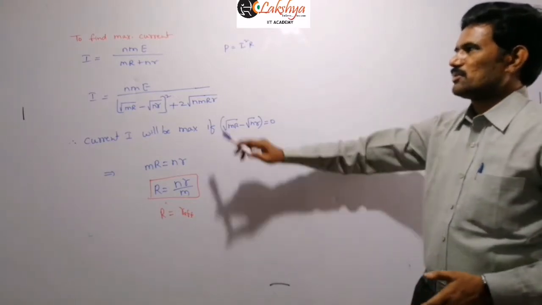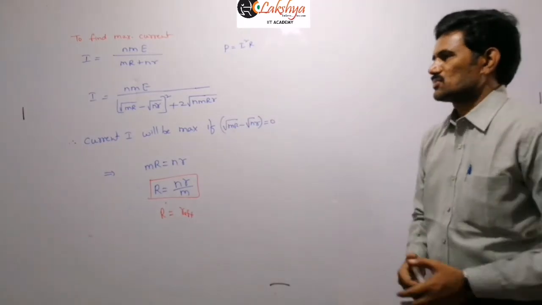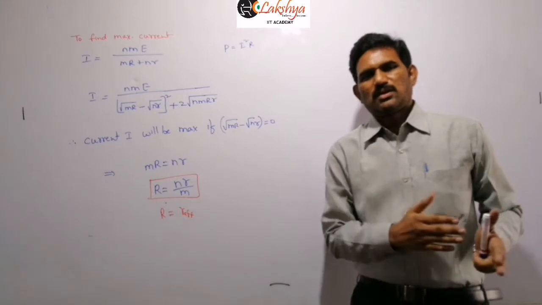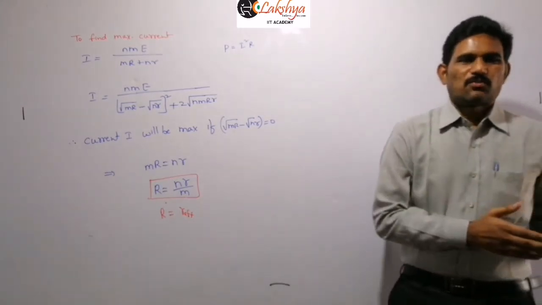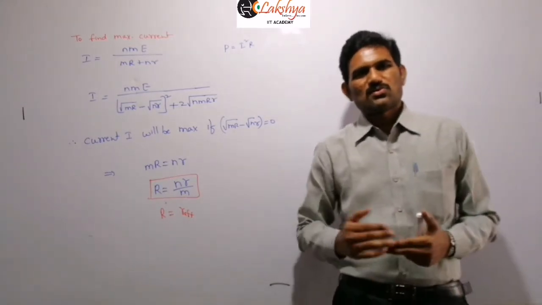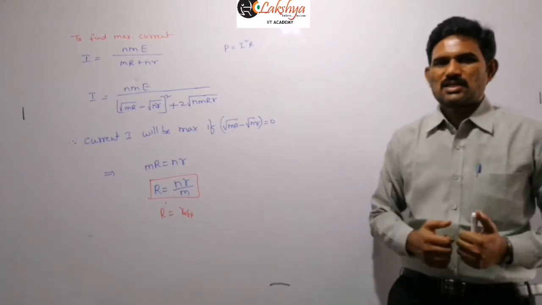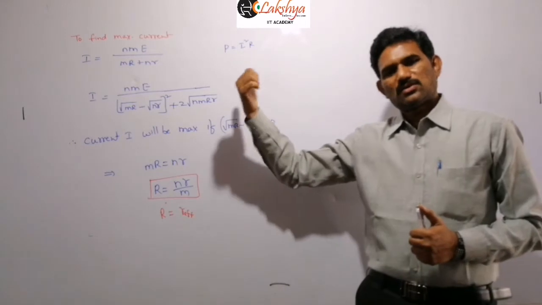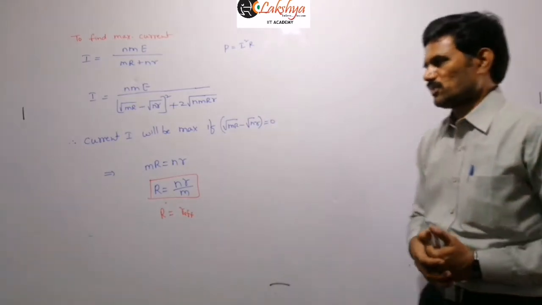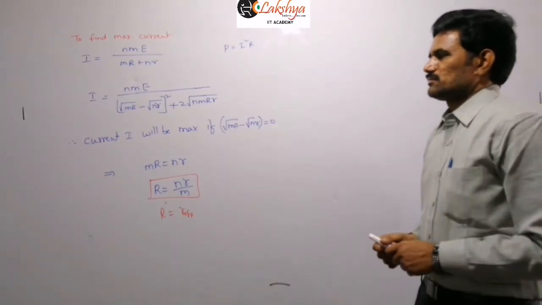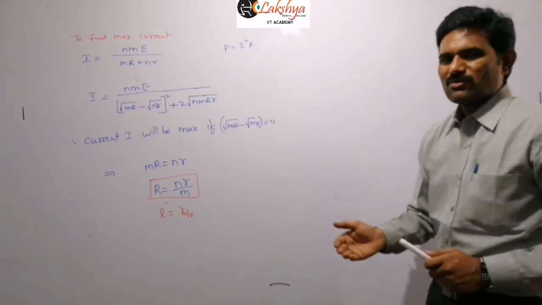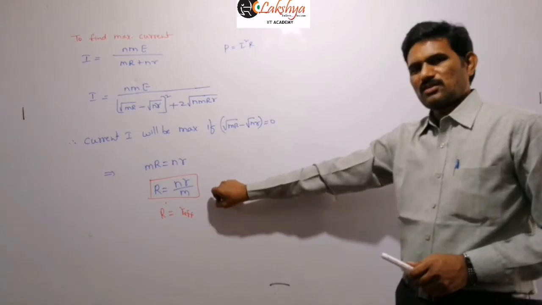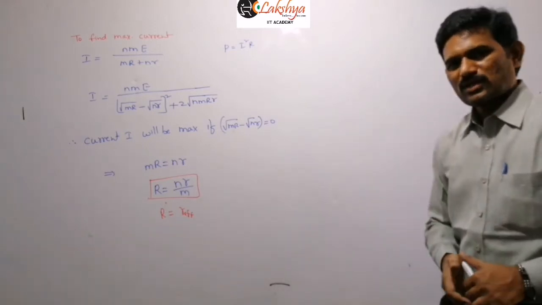For power, you may write in brackets like I square R, and about the power we will discuss later. That means after completing this current study, some problems based on the circuit analysis, then I will start the heating effects of the current. So in that we will derive an expression for this power, and we will discuss more about electrical power in that topic, right? And so now let us derive what will be the maximum resistance also. This is a very important condition.